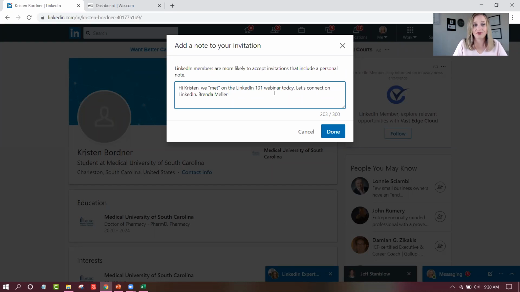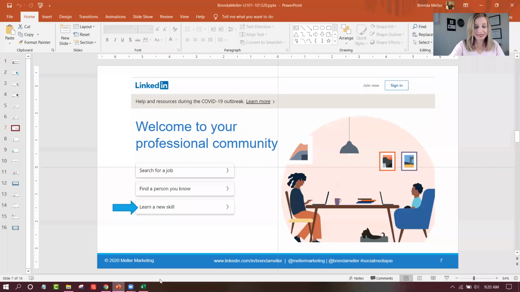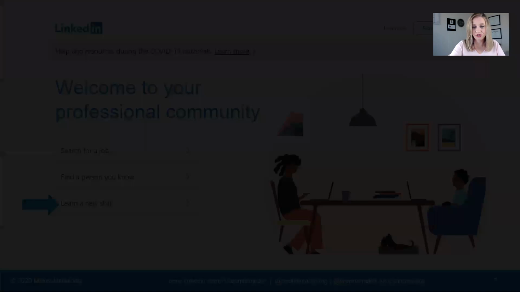If you're using LinkedIn for job search, Kristen, don't ask the person to look at your resume. Don't tell them you're applying for the job. None of that happens in the invitation. The goal of the invitation is to get it accepted. So really, you just want to have a single focus, which is giving some context and asking for the invitation. And then once I'm satisfied with that, I'm going to click on done. Now the invitation is going to go off to you, Kristen, and you'll see that inside your LinkedIn under the My Network button. Okay, so I'm going to go back to my slide deck here,